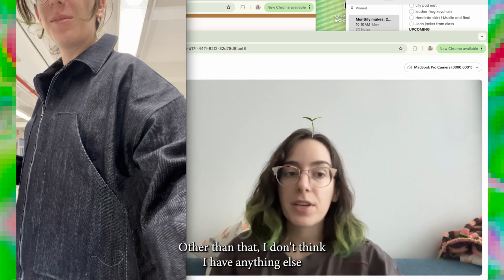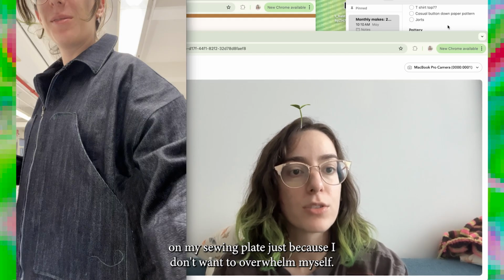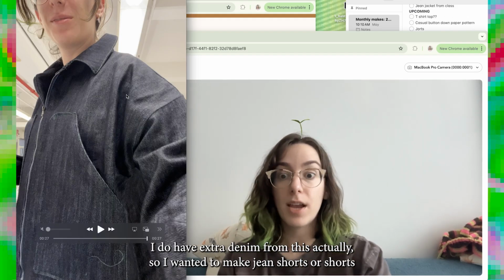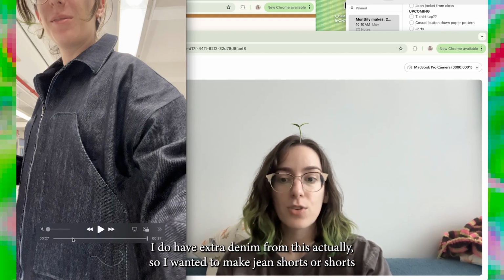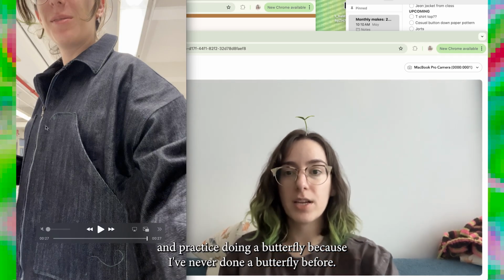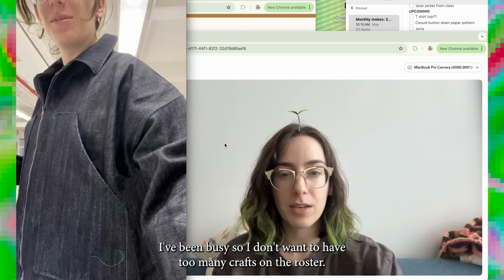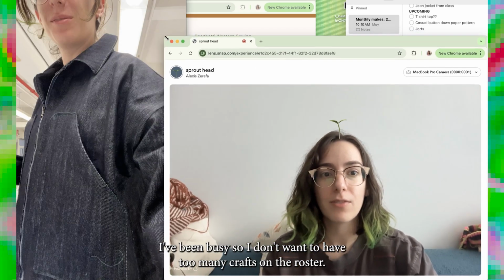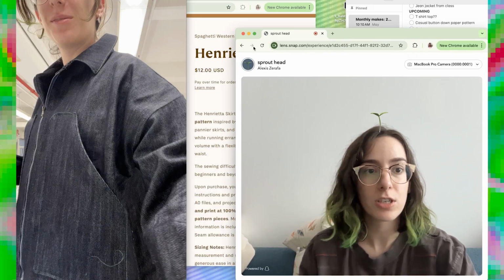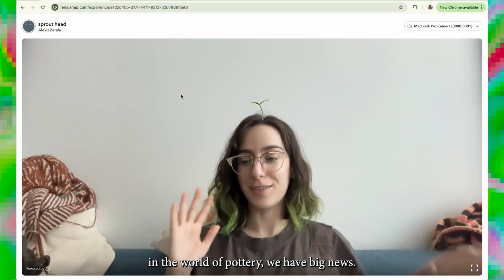Other than that, I don't think I have anything else on my sewing plate just because I don't want to overwhelm myself. I do have extra denim from this actually, so I wanted to make jean shorts or jorts and practice doing a button fly because I've never done a button fly before, but we'll see. I've been busy, so I don't want to have too many crafts on the roster. So that's it for sewing and upcoming. So next, in the world of pottery, we have